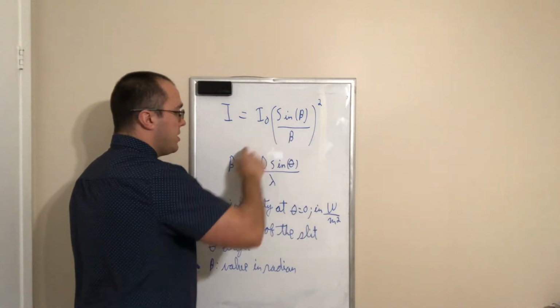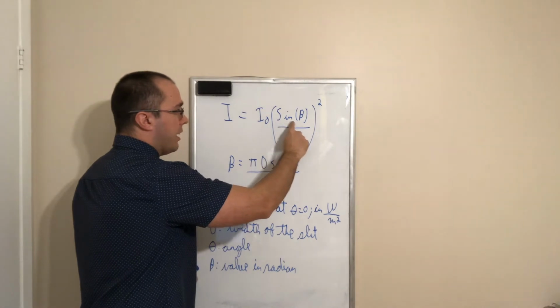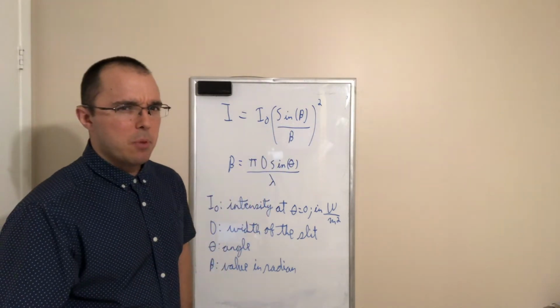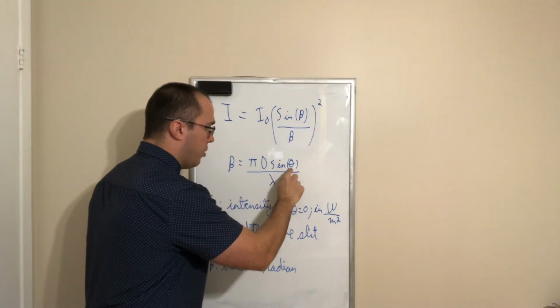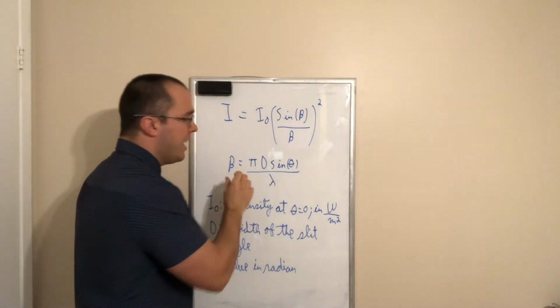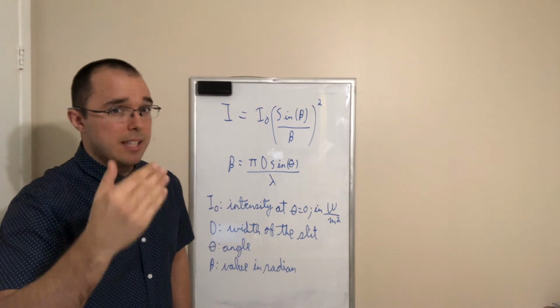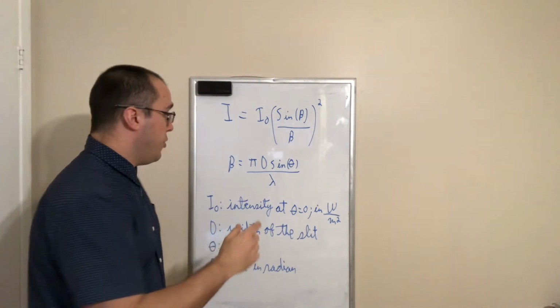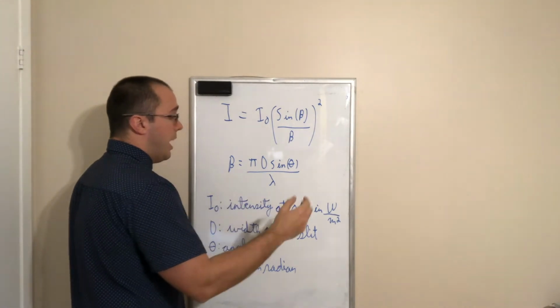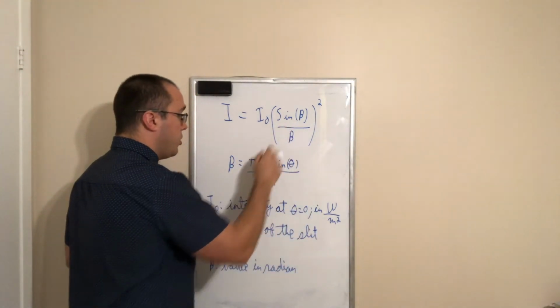You need to use this beta into this sine. So most of the time, you will be given an angle in degrees. You will input it over here. You will get a value of beta. But that's a bit challenging because now your calculator is probably set either on degree or radian. If you intend on using that value, and your calculator is set in degrees, you need to do a conversion